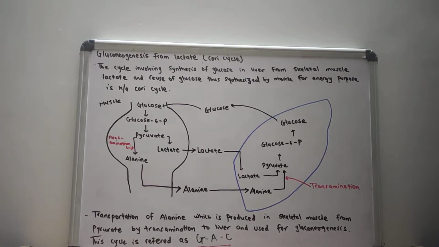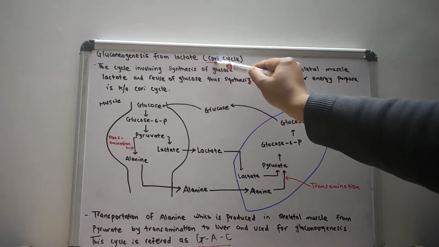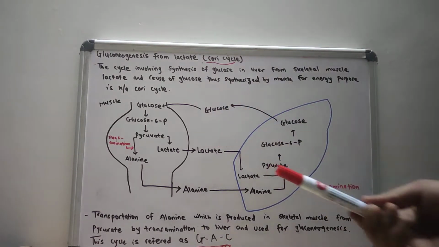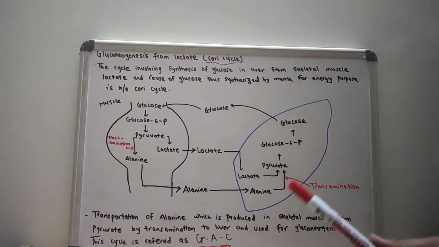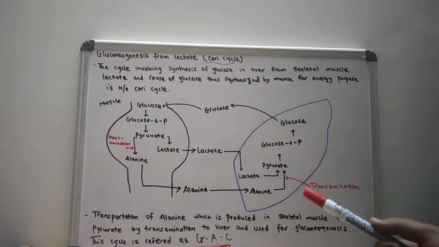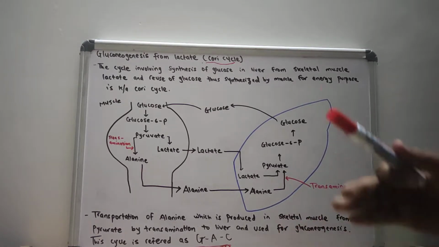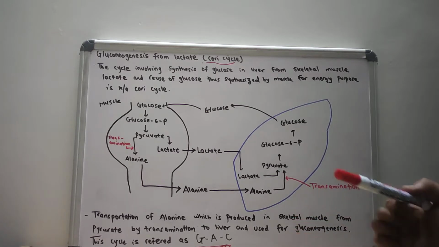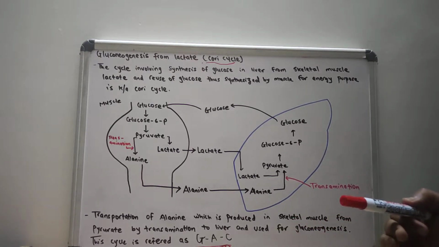Today let us discuss two cycles. One is the Cori cycle and the other is the glucose alanine cycle. As I have already told you, the skeletal muscle doesn't contain the enzyme glucose 6 phosphatase. So the Cori cycle and glucose alanine cycle, mainly coupled with the liver, help to generate glucose through this